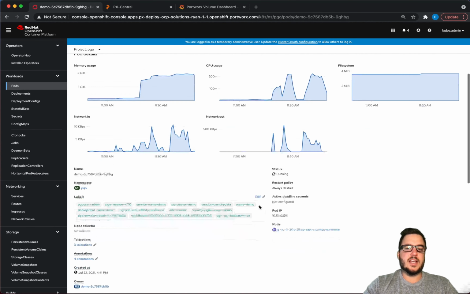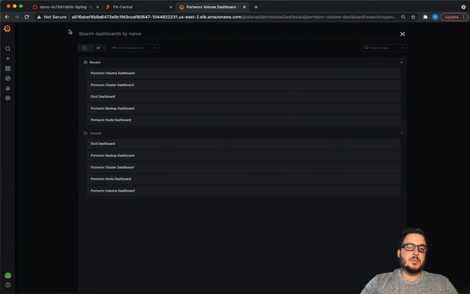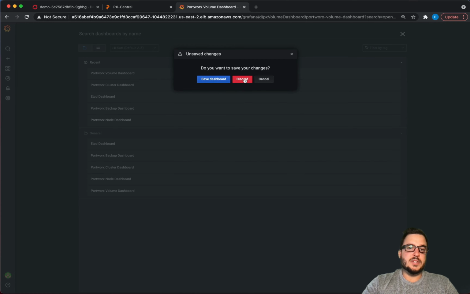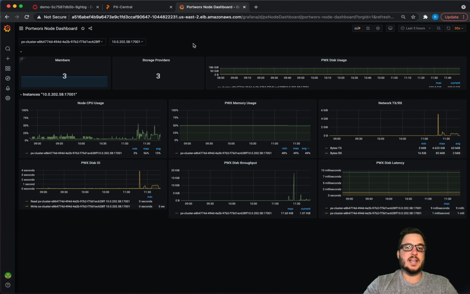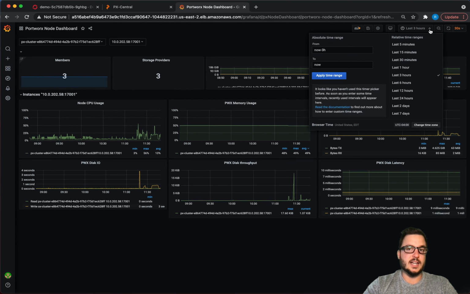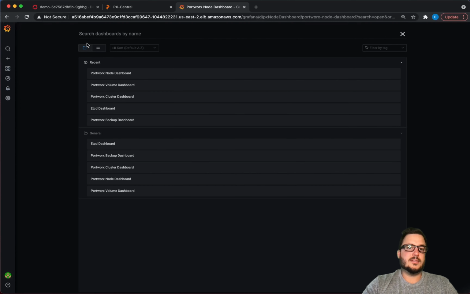Something to keep in mind too is that you may also want to know how the node or the worker is performing on your cluster. You can do this through OpenShift, or if you head over to the Portworx monitoring solution and click on the Portworx node dashboard, most applications are hyperconverged, meaning that the application using the stateful PVC is deployed on the same worker node as Portworx itself. So we can go ahead and select the Portworx node that that application is running on and get some node information on that stateful application node, such as disk usage, node CPU and memory, to make sure that your application isn't consuming too much from that node